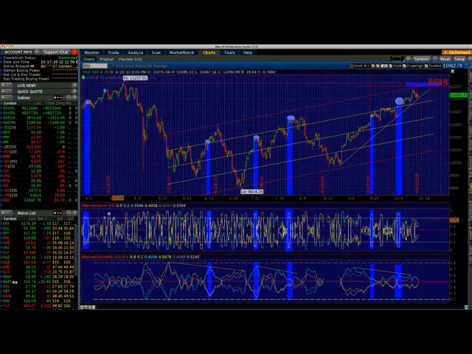Right in here, you can see that the MarketXFactor peaked out. There was very little follow through on the selling pressure. So we had 1 day of selling pressure and that was it. And the very next day, the market started to rally again. Now we hit another peak. We hit this peak here,